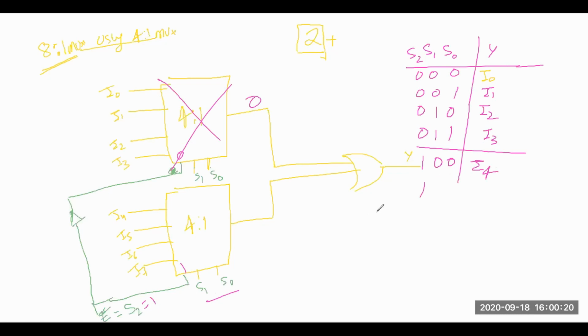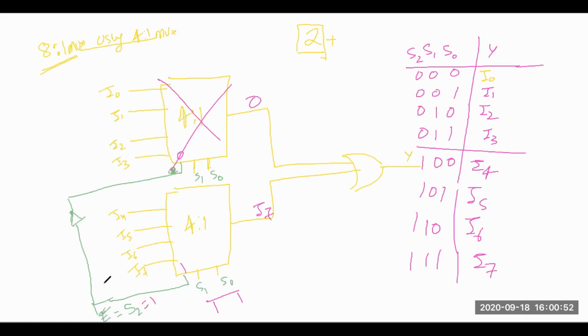If you are taking the next case where 0 1 is there, you will get I5. If you take the next, which is 1 1 0 case, you will get I6 here. And in a similar manner, when you take all 1, here also 1, here also 1, you will get I7 here, and I7 plus 0, you will get I7 as your output. So this is one way of doing this implementation.